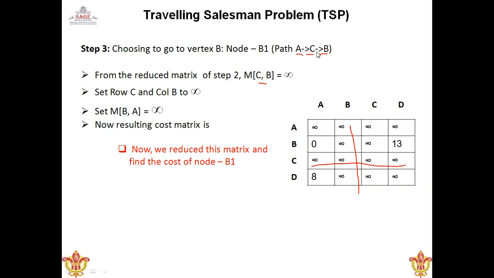MBA. Try to understand that we'll have to take care of this. If we are coming from A to B, we don't want to go back from here itself. So we'll have to make this B to A infinity because we'll have to move forward. So B to A will have to be infinity. So there will be no 0. It will become infinity.